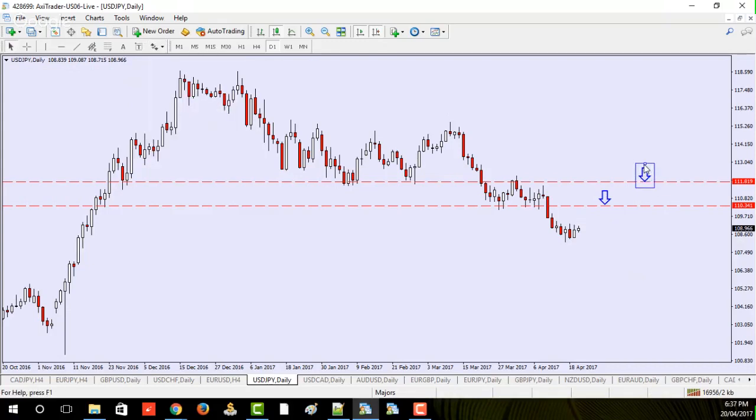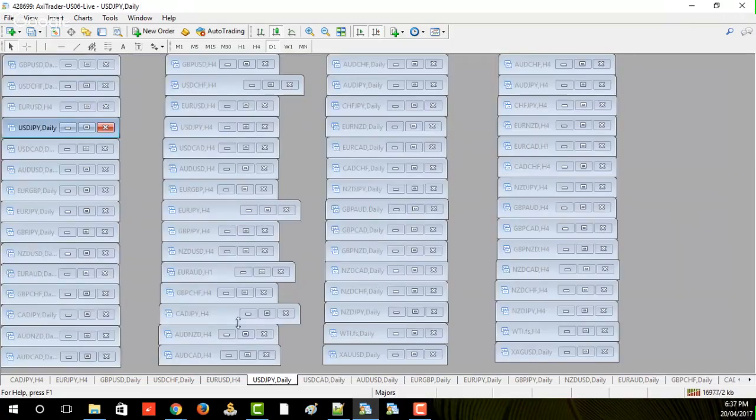Again, it's got to do two things. It's got to get up to that level. It's got to touch it and print a bearish candle and move away from that bearish candle quickly. If it goes up there and kind of sits there with a bunch of neutral looking candles, that's a breakout pattern, right? So let me show you, because we had this on, I believe, the pound kiwi and the euro kiwi earlier this week, where I was looking at potential